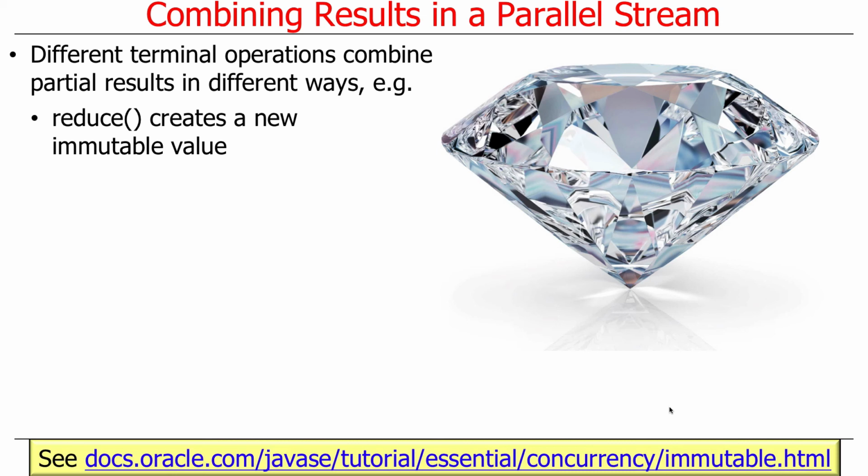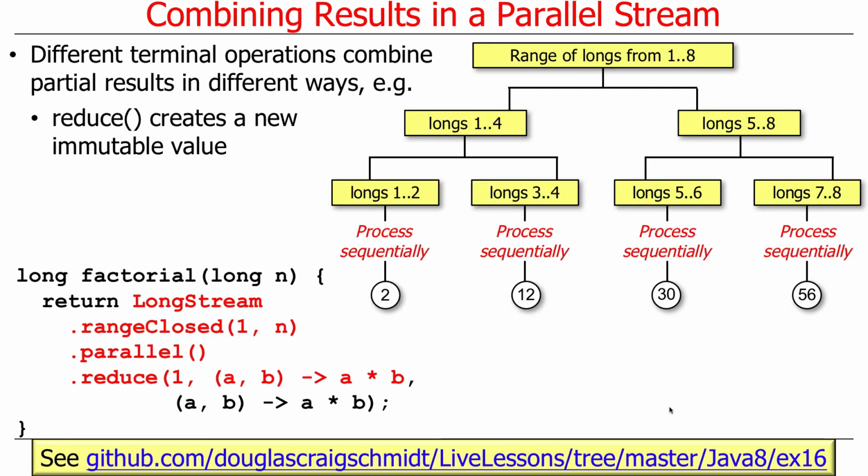Reduce is a reduction operation, obviously, by its name. And it creates what's called a new so-called immutable value. That means that it's going to be something that doesn't get updated. Once it's created, it has its value and it doesn't change. And if you recall our whole discussion about the hazards of concurrent programming, they all ultimately boil down to this issue of